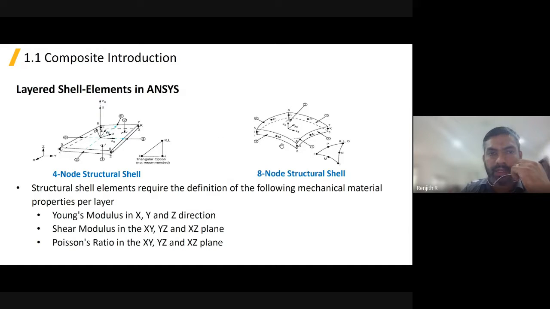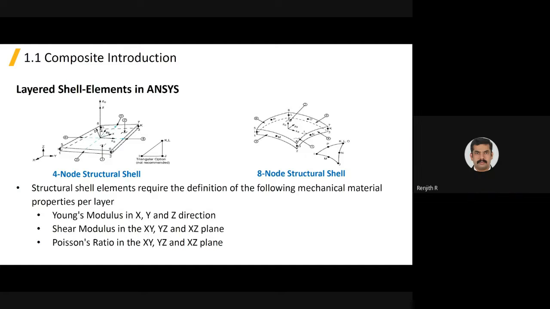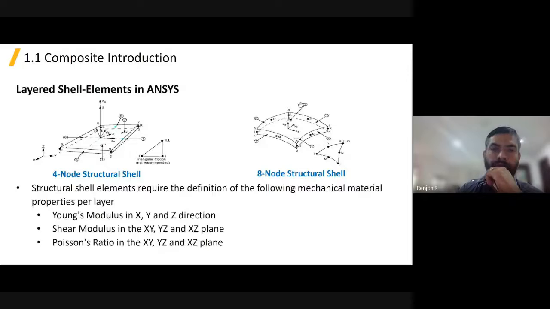But there are some other types of elements like this one, the 8-node structural shell, with first node, second node, third node, fourth node, and you can see the M, N, O, P type nodes also there. These nodes are called mid-side nodes. A simple explanation is that this is a linear element and this is a quadratic element. The interpolation equation will be a higher order equation. There are triangular elements and also quadrilateral elements, so it depends upon the type of geometry. If our geometry has too many curves, we'll go for the 8-node structural shell, a quadrilateral or a triangular type isoparametric formulation.